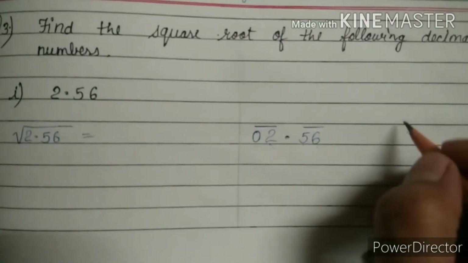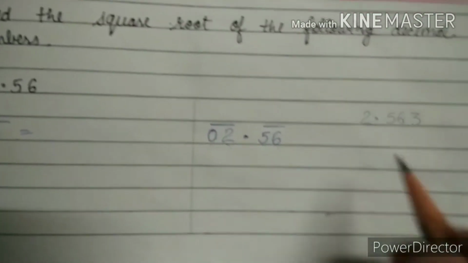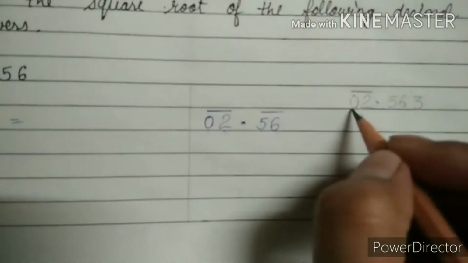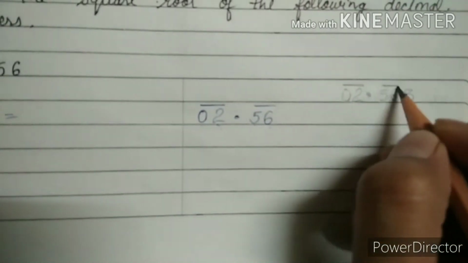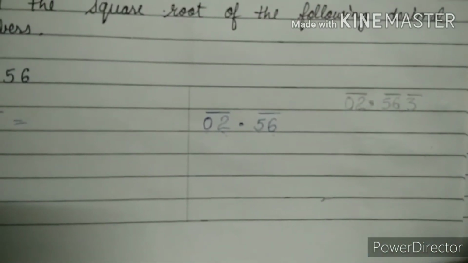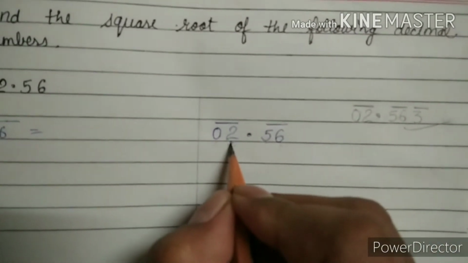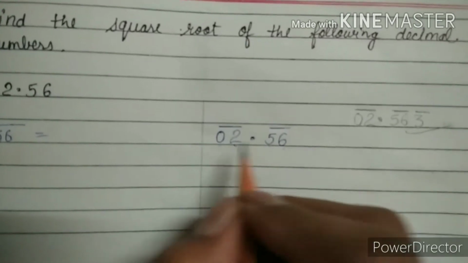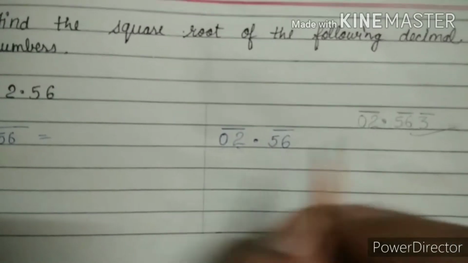If we have a number like 2.563, then this time our pair will become the first pair. Okay, now this is the ones and tenth. Now after the decimal, this is the first pair and this is the second pair. This kind of method we have to apply. Firstly we will apply pairing to the numbers before the decimal, then after that we will do the pairing of the numbers after the decimal.